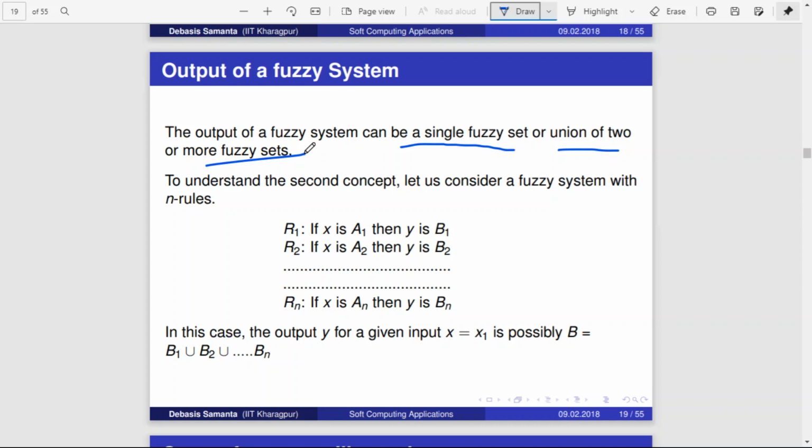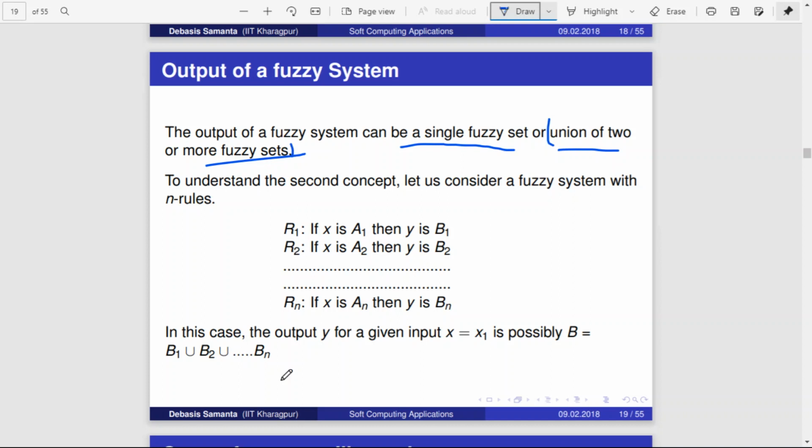So the output of a fuzzy system need not always be a single fuzzy set. To understand how an output of a fuzzy system can be a union of two or more fuzzy sets,